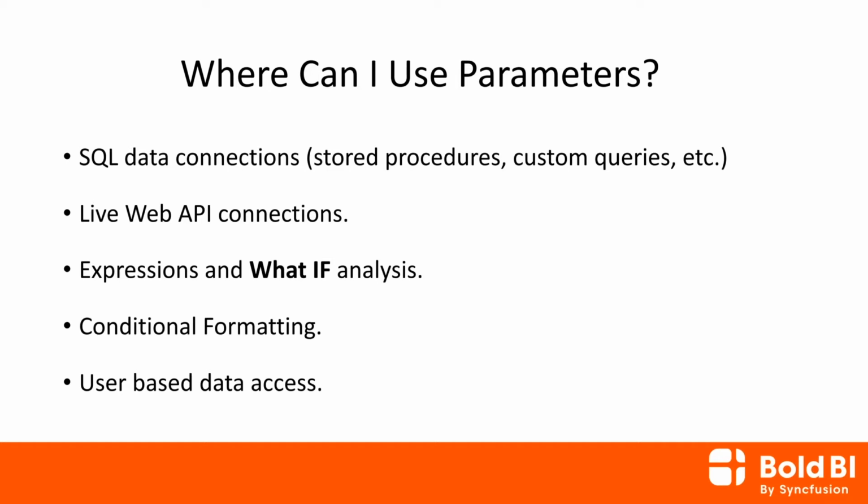And you can also add parameters in conditional formatting. So for example, you may have charts and grids with conditionally formatted visuals. You may have a condition, say if the sales is greater than a million, you have to display it in a green color, and so on. And this condition, greater than a million, is going to change. It is not going to be the same forever. And this value can be changed using a parameter, and hence the conditional formatting and the colors, and how you visualize the dashboard, can altogether be changed using parameters.